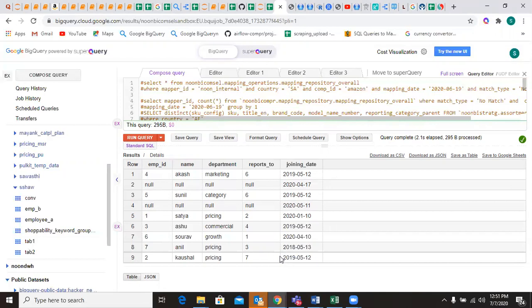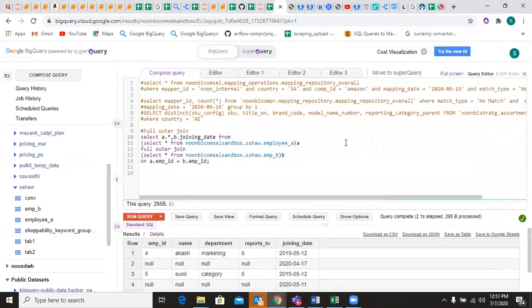The simple concept is that the entries present in the left table and right table, everything will get displayed when I do a full outer join. As the name suggests, full means everything will be displayed. So guys, till now we have covered inner join, right join, left join and full outer join. So all the 4 conventional joins have been covered.